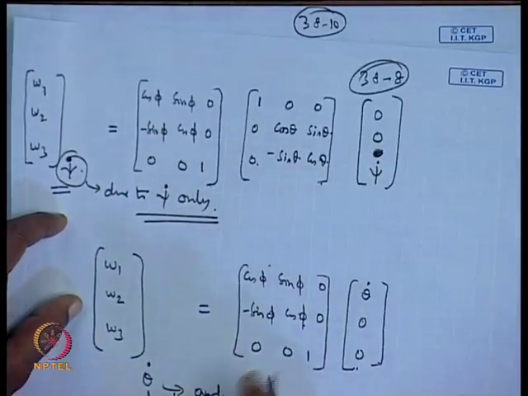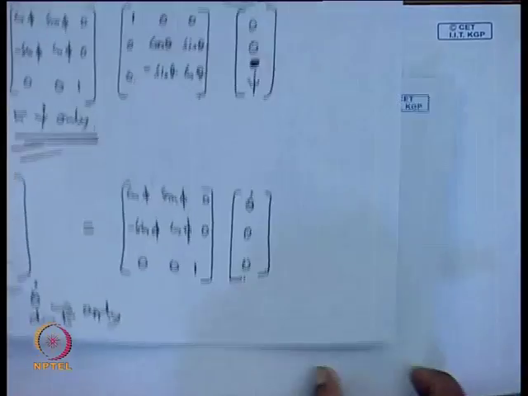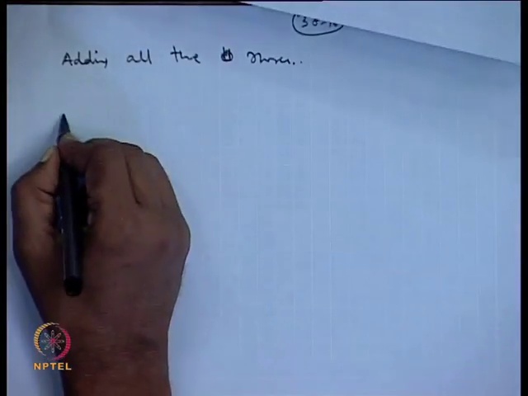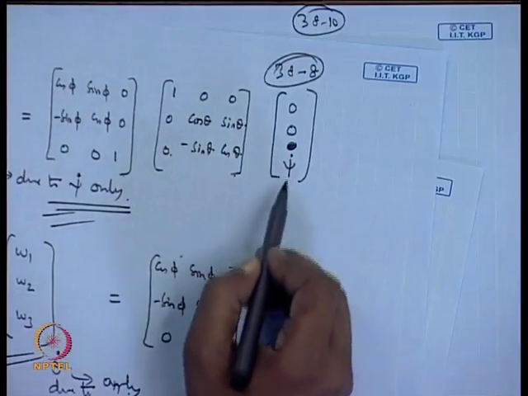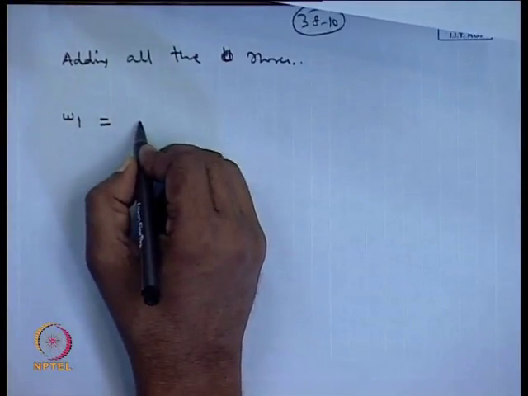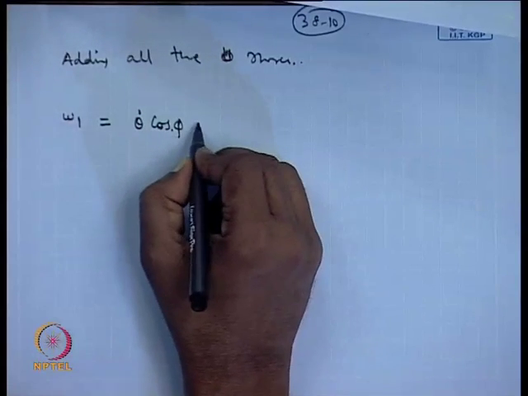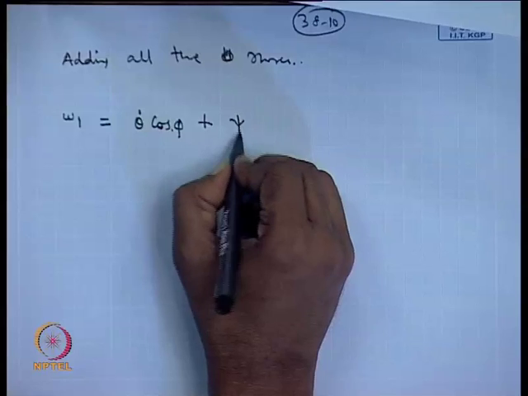So, we have these two here and this is the third one. So, we need to add it up. So, you can see that omega 1 can be written as, first we need to multiply this. So, if you add them up, this will give you theta dot cos phi plus psi dot